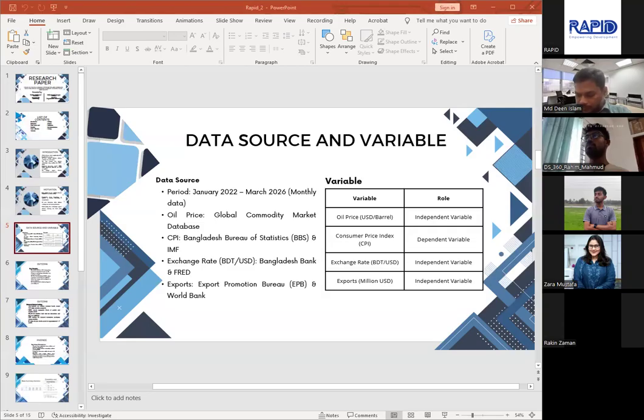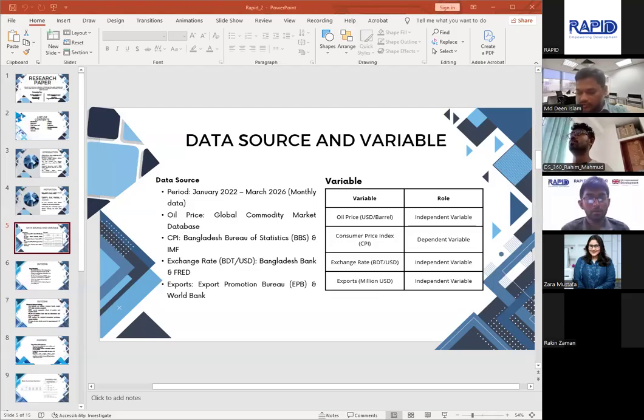And then it would be nice if you could show us the co-integration result. You said that your variables are co-integrated, but it would be great if you can add a slide, maybe as a backup slide, on the co-integration. You said that they are all co-integrated and order one.